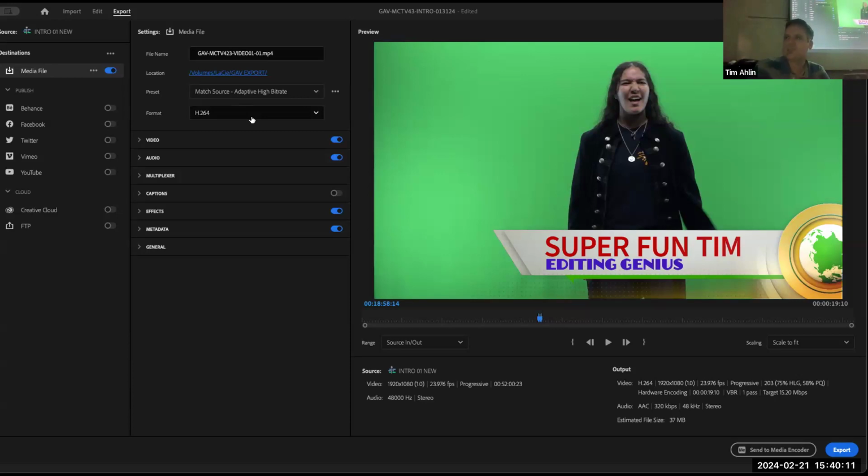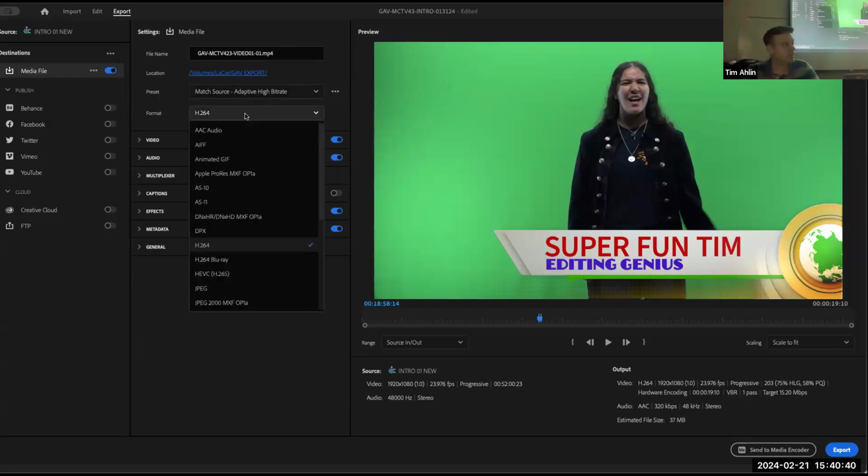But what if I don't want H.264? I want something higher resolution, right? H.264 has its limitations; it can have issues with motion blurring, usually the main one. But I'm going to tell you, like 90% of the time, most of your streamers and YouTubers are making H.264s, which end up being an MP4 format, right? If we export it, we can see it right here, .mp4. But I can click my format here and change my format.